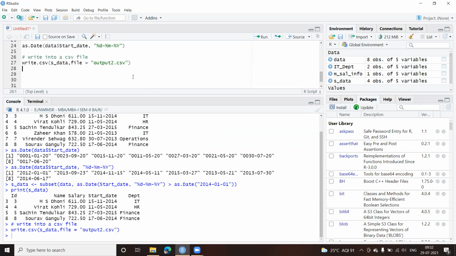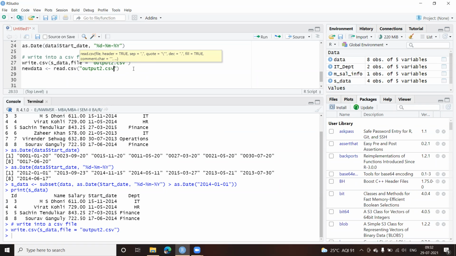Let us print this value. What I'll do is I'll read it. I retrieve this data which I've written, and let us say this is new data equal to read.csv, and this time I'll specify the file name as output2.csv.